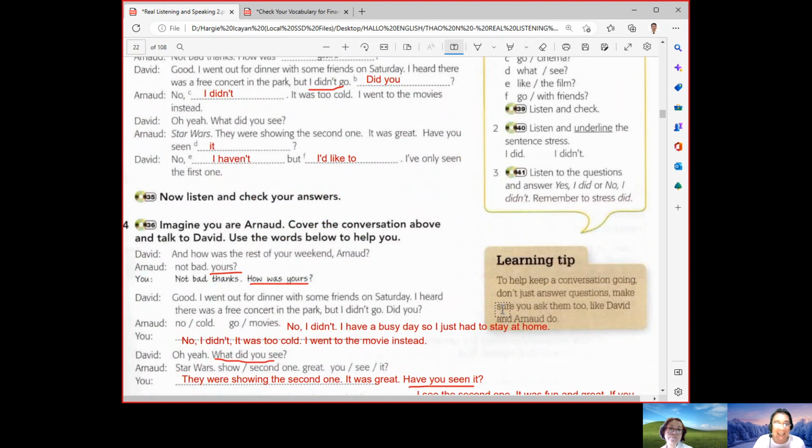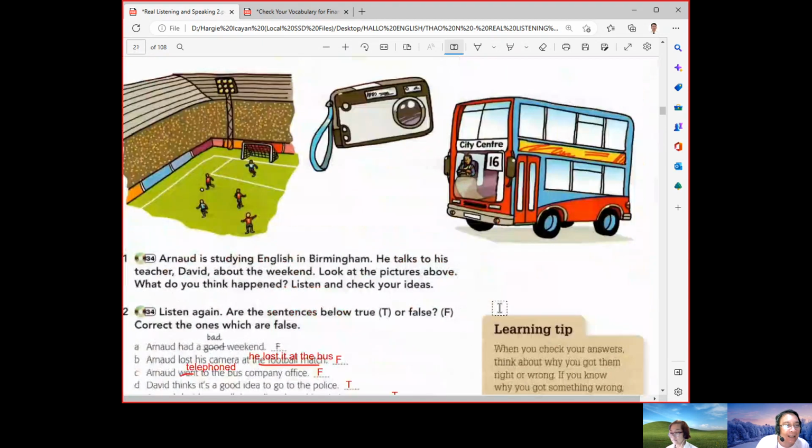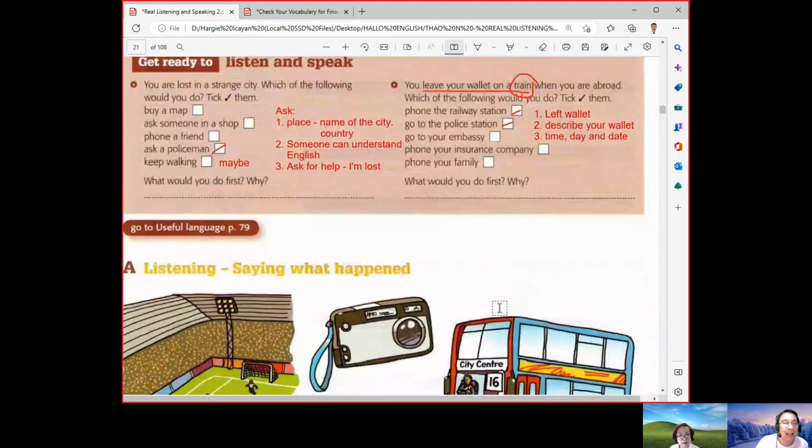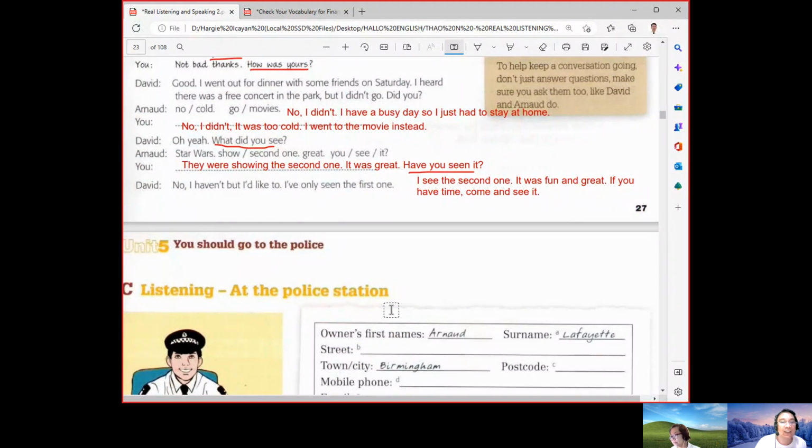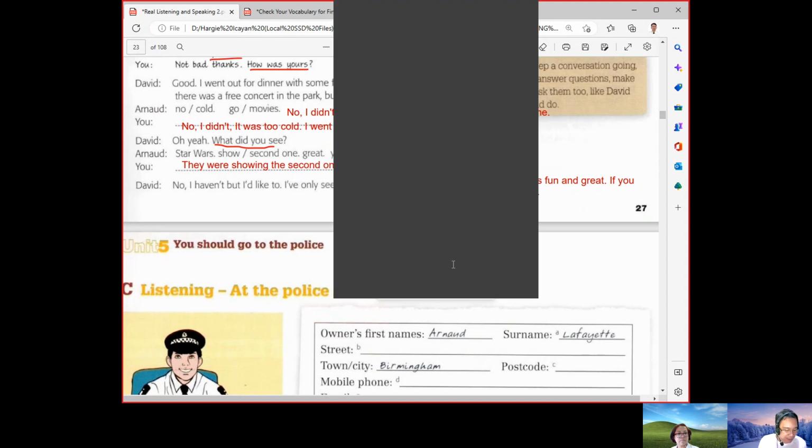Now, I guess we're already done with this one, Unit 5. We're not yet done. We still have to do letter C in the next meeting. So we will be meeting on Wednesday, the 18th. Next week we don't have class because of the Tet holiday. So we still have one meeting, on January 18, 2023.